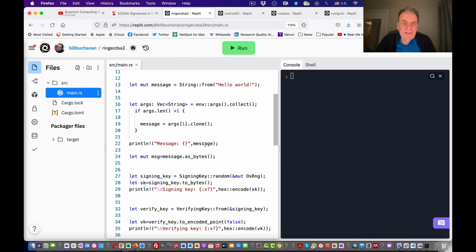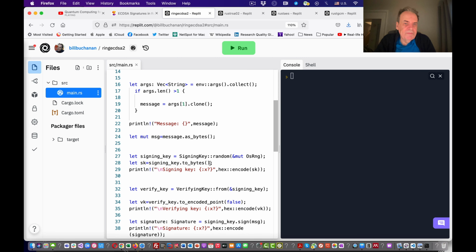Okay, so I'm going to create a message. From there, I create my signing key as a random number, 256 bits. I then generate the verifying or public key from that signing key. It's the way the elliptic curve works. We create a random number, 256 bits, and then we create a base point.